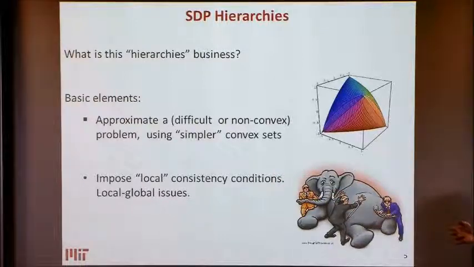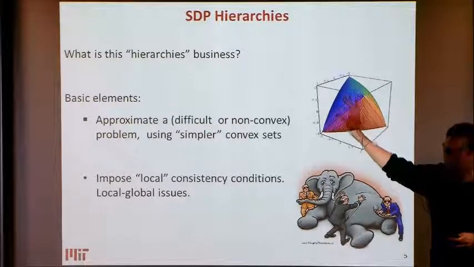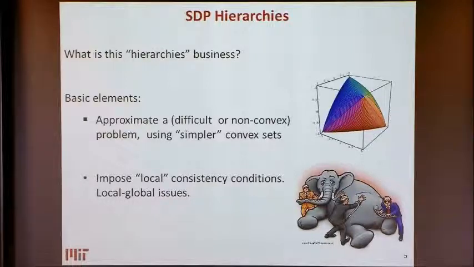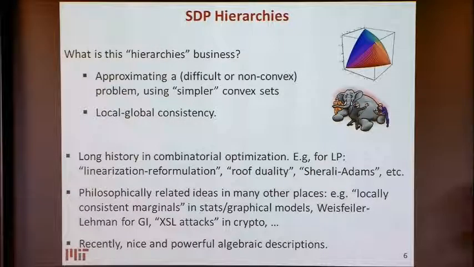I mean, each constraint that you impose will give a description, but there's nothing that will actually guarantee that all these things can fit together into a nice global object. I mean, if you like topology, it's kind of homology issues, essentially. Right? And again, we're going to see exactly how these kind of things appear. This is not a formal definition, but I really want to emphasize that there's these two things. On the one hand, how do we deal with approximation of sets? And the way that we do this is by imposing some kind of low-dimensional consistency conditions of a certain type. So this is something that, at least in spirit, appears all over the place.